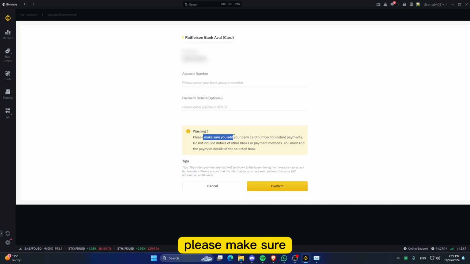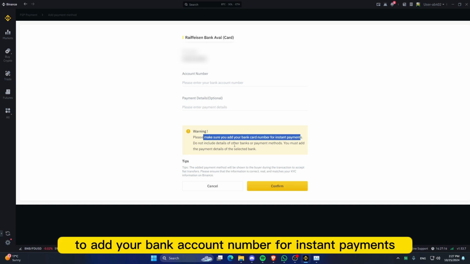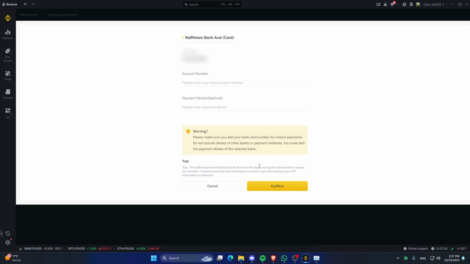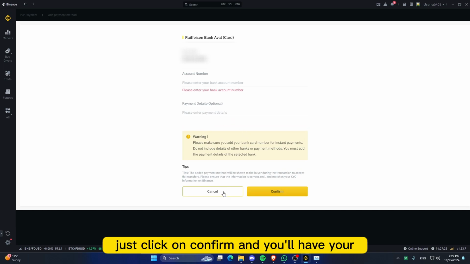Please make sure to add your bank account number for instant payments, so have this in mind. Once you fill this, just click on confirm and you will have your